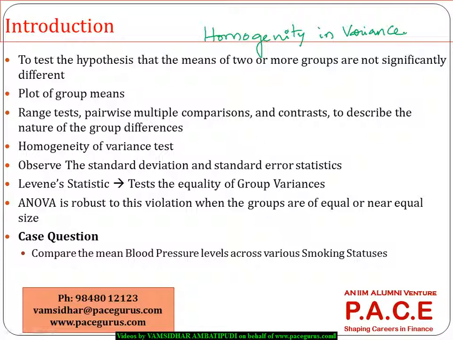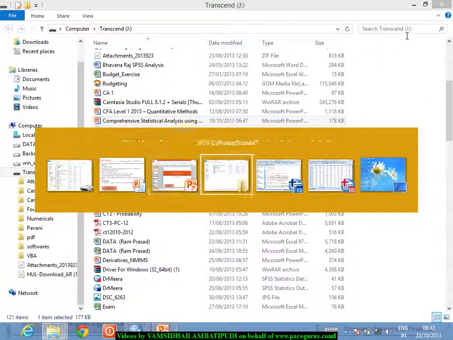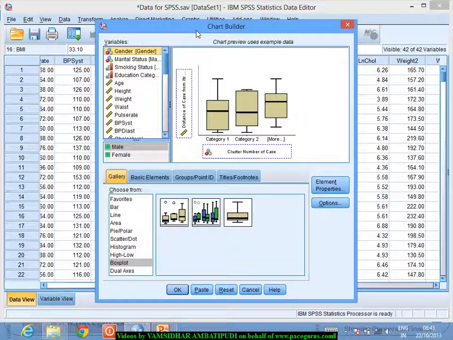So the way we can check, there is a statistical test, but at the same time you can also look at a graphical way of testing the variances. So let's look at that aspect. Getting into that, I can look for the chart, right? Let me look into it: graphs, chart builder, and I can very well go for